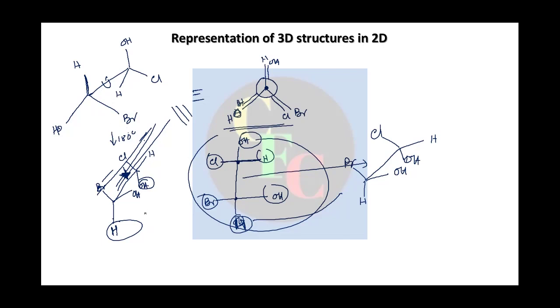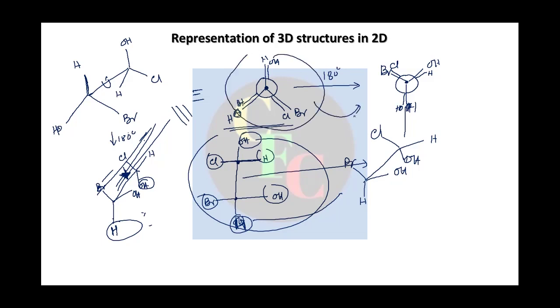Okay, so we end up with the same molecule. See, there is no change. And if we do its Newman, what will happen? Okay, now this is the Newman of this molecule as we have drawn it here. This is not different from the first one, right? This is same. Okay, now so OH is here, chlorine is here, and H is here. See, this is the same thing, just rotated 180 degree. The picture as a whole is rotated 180 degree.